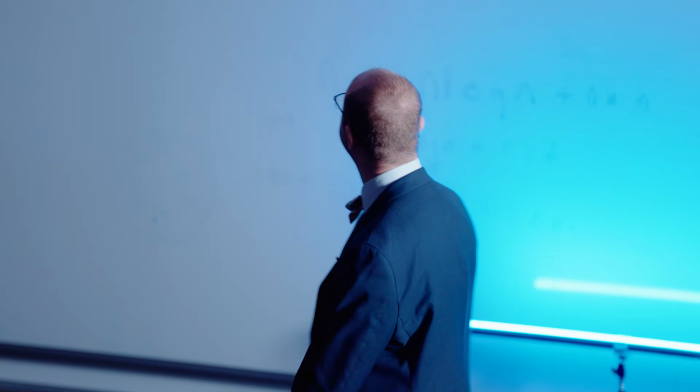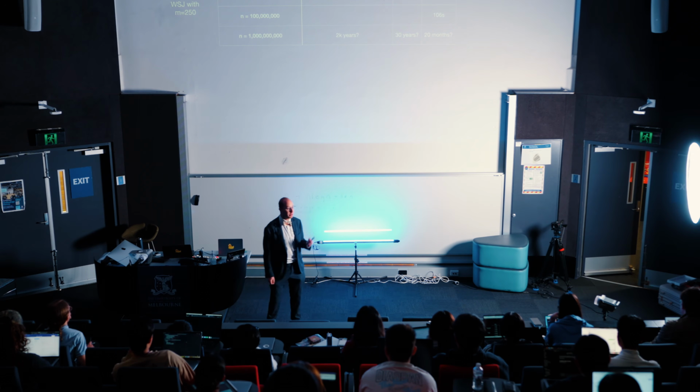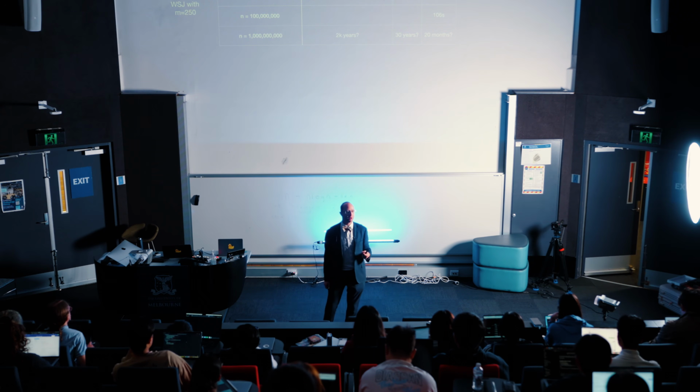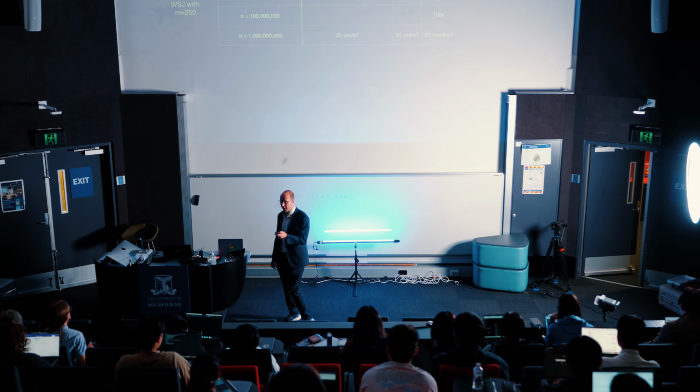So zooming out back to our bigger code cracking picture, here is the table of what we'd get with different parameters. So there's War and Peace with m equals 25, and then various different lengths of inputs. And you can see that very quickly version 0 not only becomes too slow such that it's annoying and we have to wait around, but it becomes so slow that it would take thousands of years for the algorithm to actually finish. And so this tells you the importance of what we're actually doing in the classroom here. If you don't pay close attention to your algorithms, you can end up with one which actually won't solve your problem in not only quick time, but in all the time you have available.